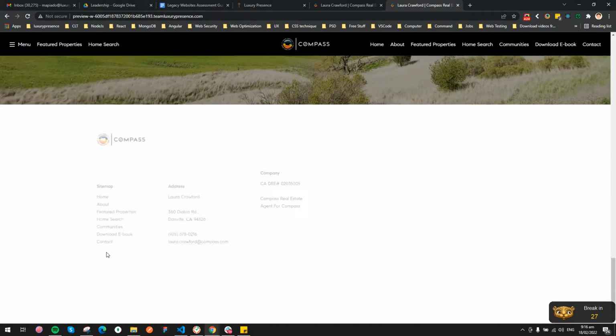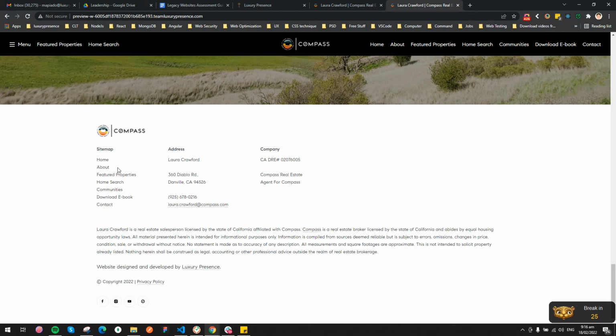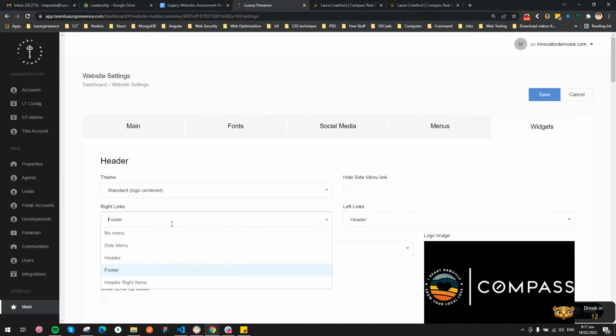This is actually the exact list of menu items here. So we have the home, and the about item. This is how we can modify the default and pull in from